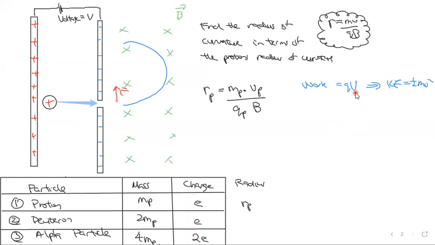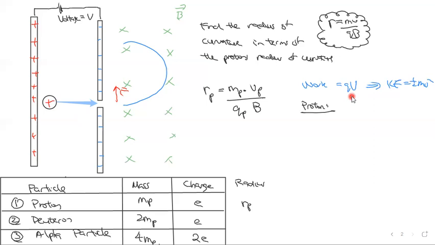The voltage is the same, so the kinetic energy might not be the same, and the masses are certainly different. And then you need to work out the corresponding velocity. So we'll start with the proton first. Okay. So for the proton,